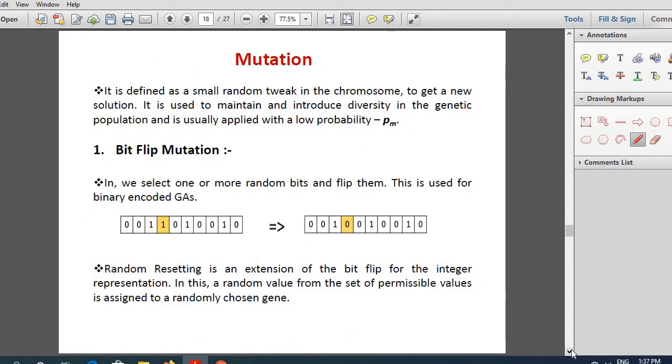Now, once the parents are selected, crossover of the parents is done, and with a small probability of PM, mutation will also be done. What is the purpose of mutation? It is to introduce diversity in the genetic population. For example, even now the corona which has come is actually a mutated version of the previous viruses. So something like that. Always mutation happens in the real world. So to simulate that, we have taken the concept called mutation also in GA, and it actually happens, right?